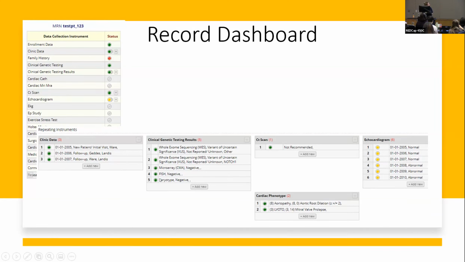But this is totally customizable. And this is where the clinical utility really comes into play, because a provider could go in here and quickly say, okay, I'm curious what's going on with their echo findings. It was back in 2018 when they started being abnormal, and it continued to be abnormal. And I see that they have a variant of unknown significance. So they can quickly get a snapshot, remind themselves of this patient,